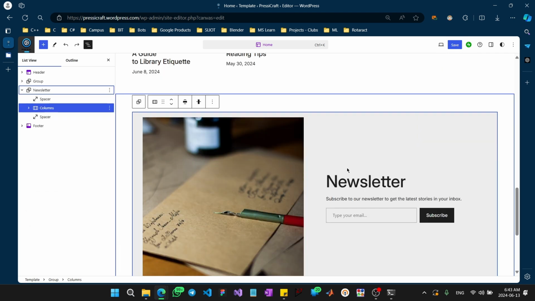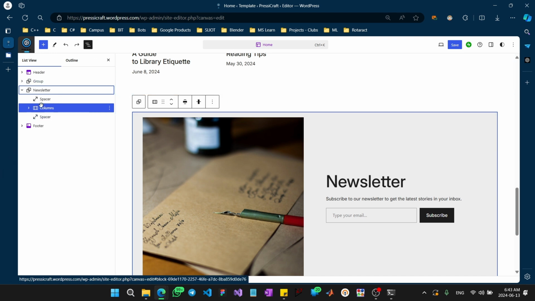Okay, now we have customized our newsletter section according to our needs. I may need to insert this section in other pages also. So what should I do? For that, we can make this a pattern. So open the list view and select the newsletter section